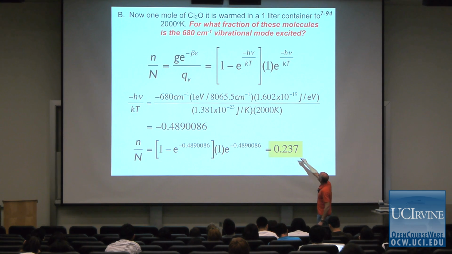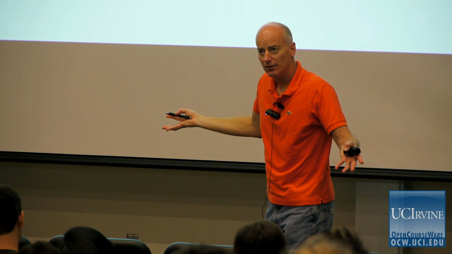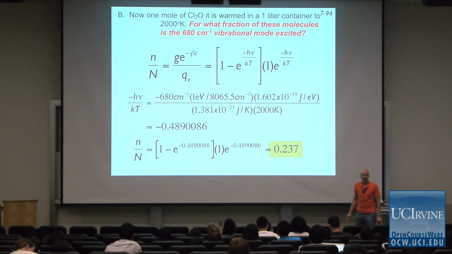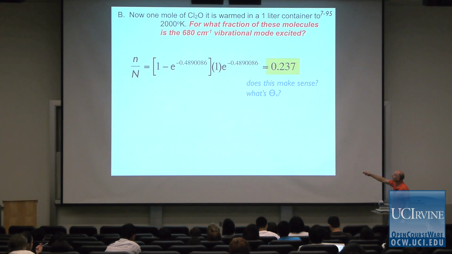Okay? At 2,000 degrees Kelvin. Does anyone have any intuition about whether this number makes sense? Because I don't. All right, 24%, 2,000 degrees Kelvin. In order to figure it out, we need to know what the characteristic vibrational